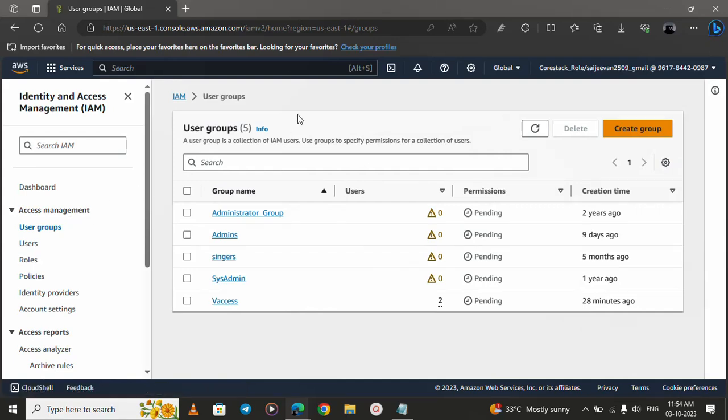Why are groups used? Groups are used to provide access to a list of users who require common permissions. Like if a set of users who are admins require administrator access, or a set of users require access to EC2, a set of users require access to S3, or a combination of different services, we can create groups, provide access to the group, and add the users to the group. So just click on create group